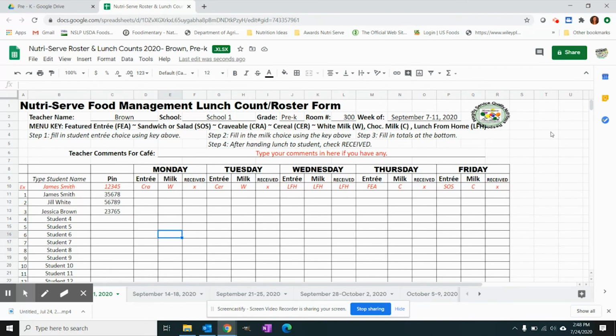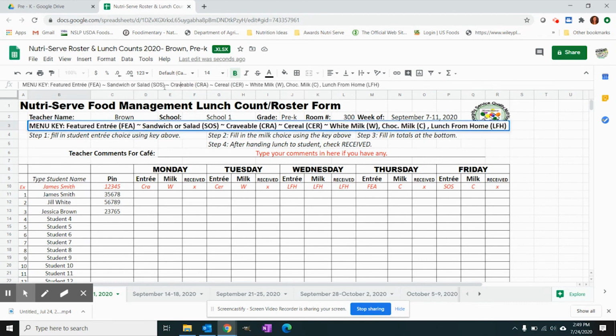So you can see that this roster is broken out for the week, what that student in her class wants. And there's a little key at the top that that teacher would use. So we can see that featured entree is abbreviated as FEA, sandwich or salad, SOS, craveable, CRA, cereal, CER. So if you are offering something different, if let's say you are not offering the sandwich or salad, all you would do is just delete that off the top. So if I click there, I can delete off sandwich and salad